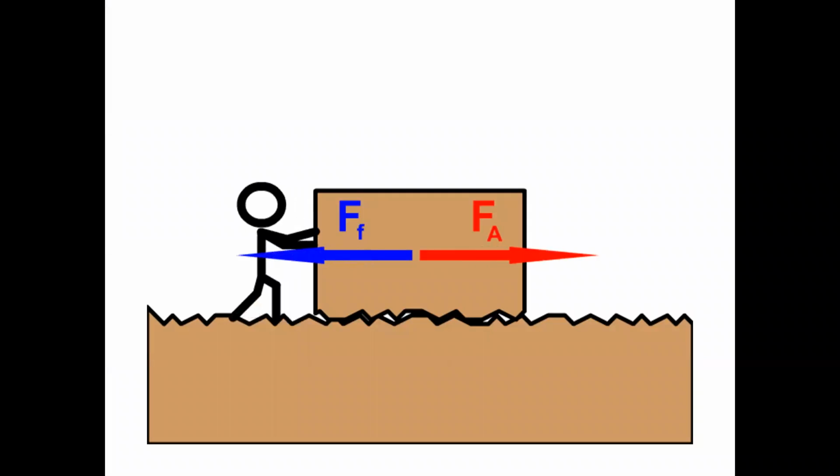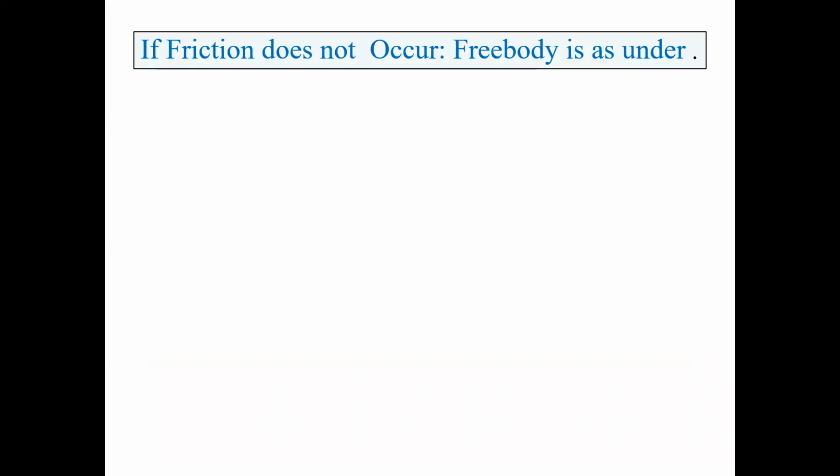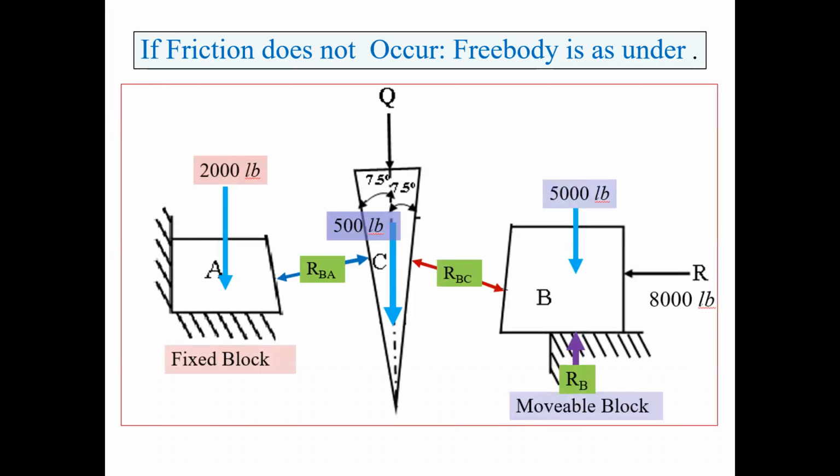As you can see in this animation, the person is pushing a block on a rough surface with a force Fa, and the friction force Ff is acting in the opposite direction. If friction doesn't occur, the free body will be as under. Actually, you have done this problem in chapter 2 or 3. You see, there is only the reaction force. Once the free body is drawn, only the reaction force comes, no friction force